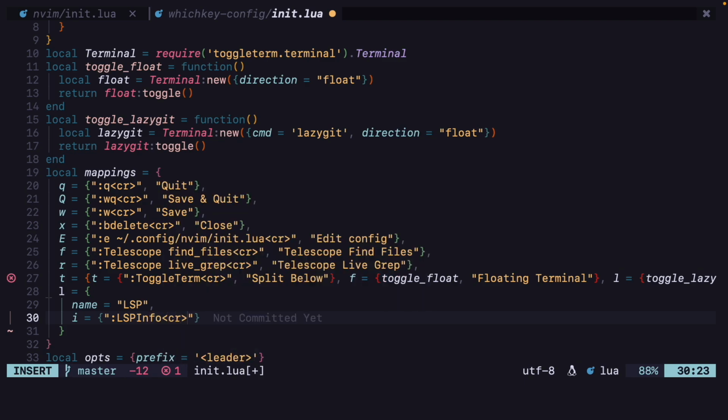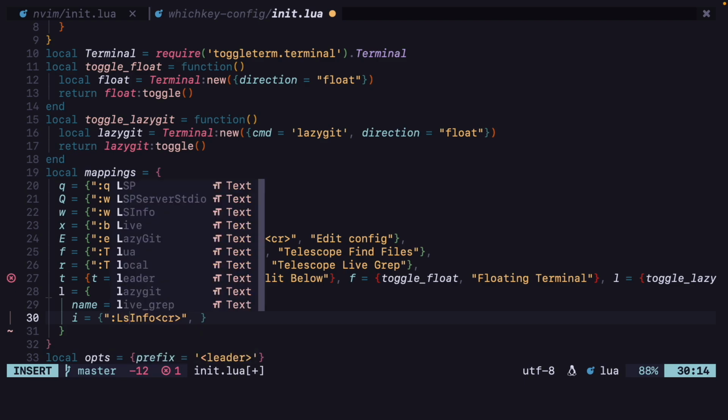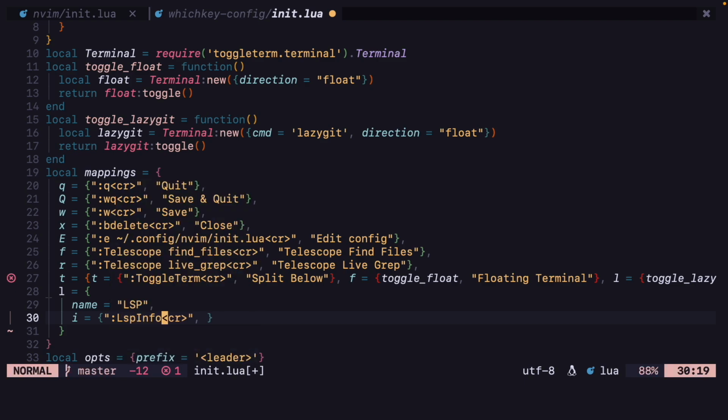I always forget to add enter. This will only show all the connected language servers, and this LSP should be in lowercase letters, and the name will be